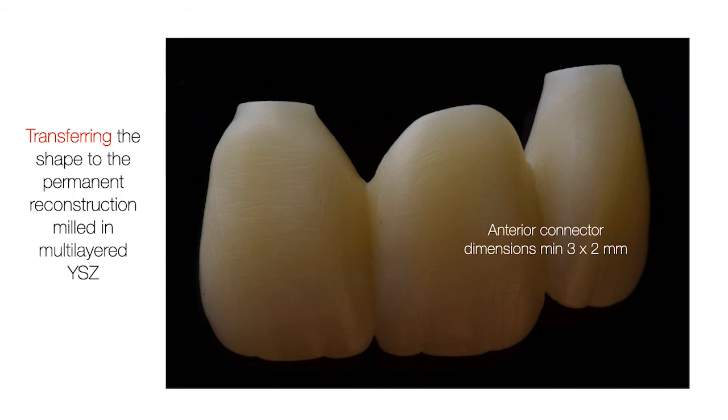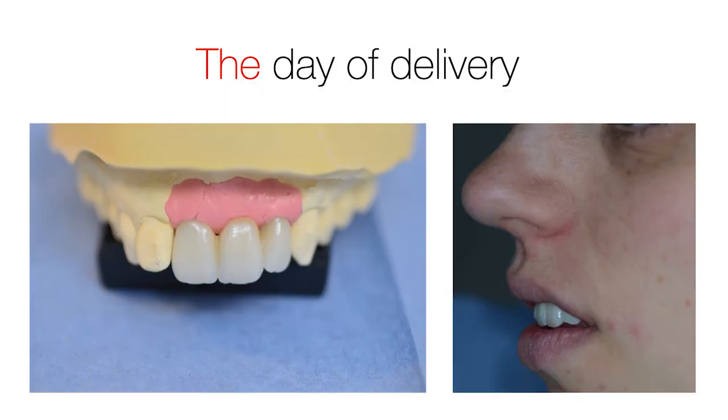The connector dimension should be 3 squared 3 millimeter in the premolar region, and if it is in the molar region, it should be 4 squared 4 millimeters at least. That is the minimum dimension. So the day of delivery, it's time to check that the permanent reconstruction has the same shape as we decided with the pre-shape,